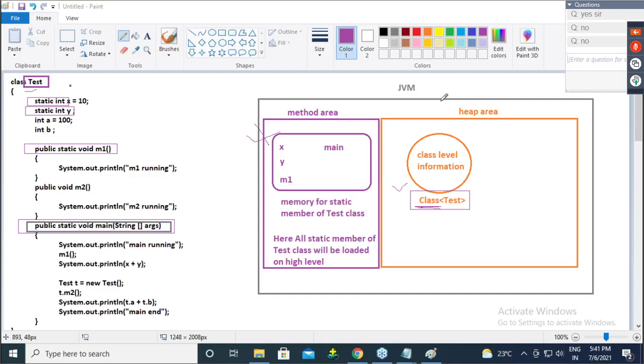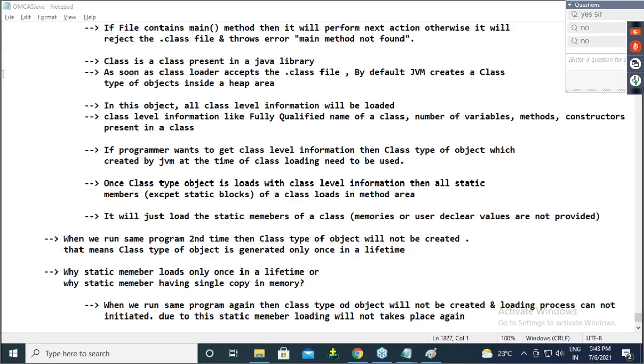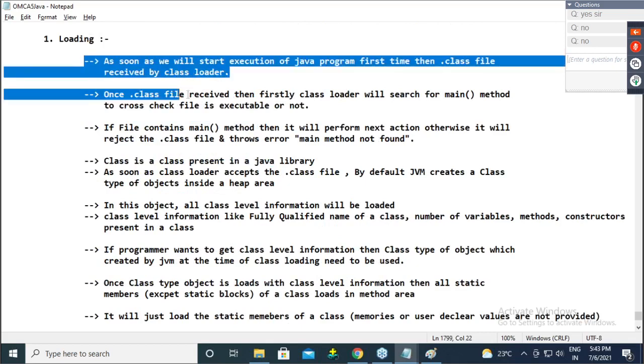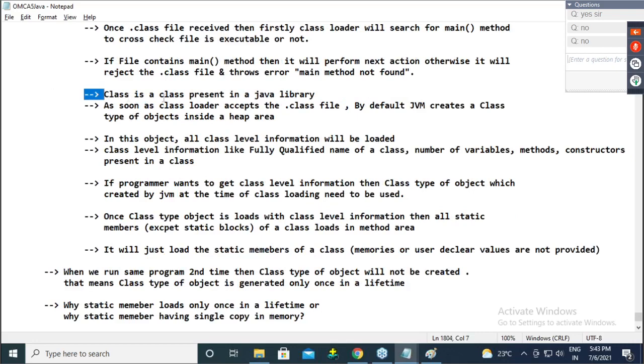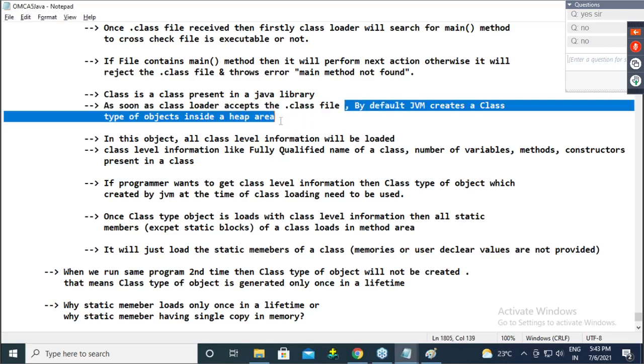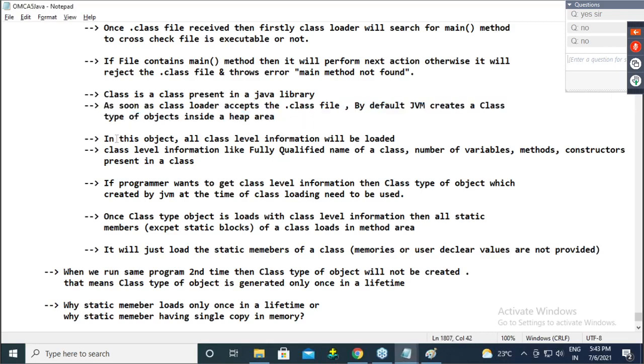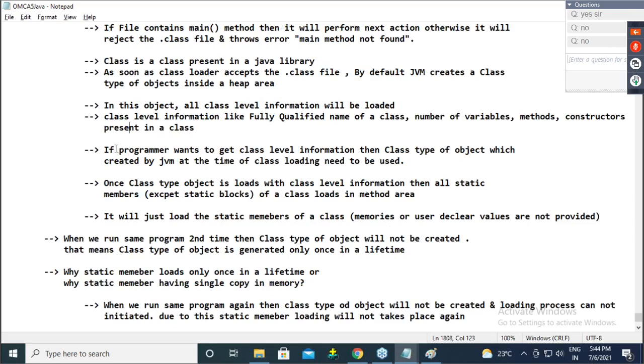So guys, now write down all these notes from here. Till yesterday, you had main method not found. After that, write it down. So Class is a class. As soon as the class loader accepts the .class file, by default the JVM creates a Class type of object inside the heap area. In this object, class level information will be loaded. Class level information means fully qualified name, number of variables, constructors present in the class.